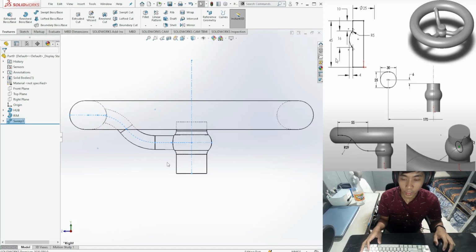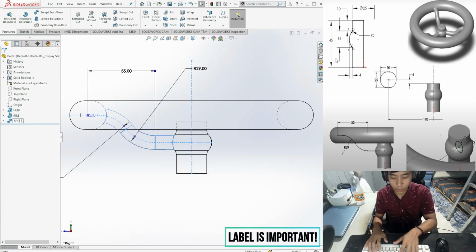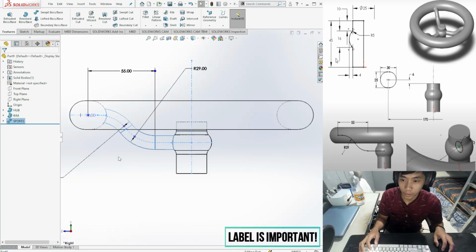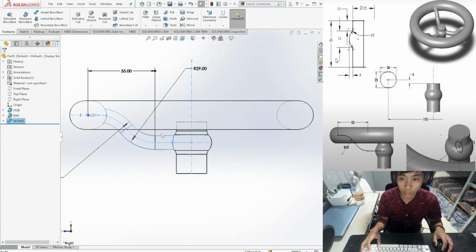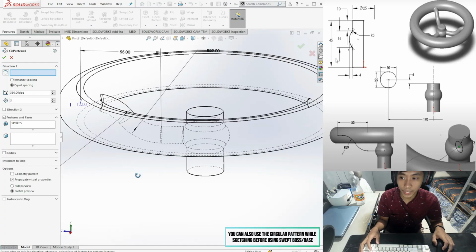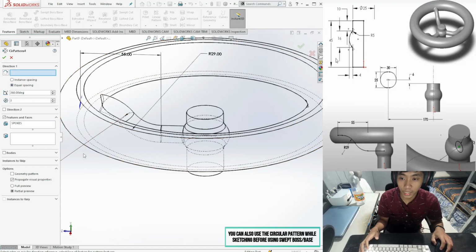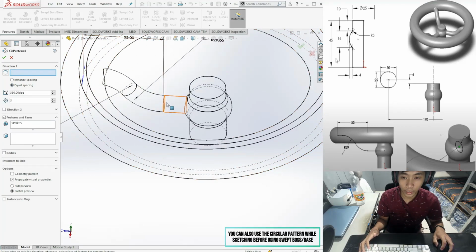Now, if you remember, at the start of this video I mentioned that there are 3 spokes that are evenly spaced. So, before we do that, let us first rename this into spokes. Like so. Okay. To do the 3 spokes that are evenly spaced, we can use the feature pattern, which is located under the linear pattern, circular pattern. In here, just click equal spacing and click the swept boss base that we used a while ago,